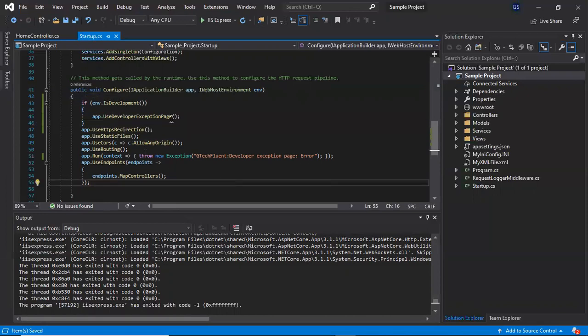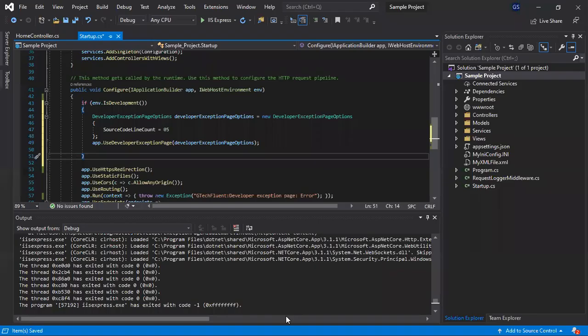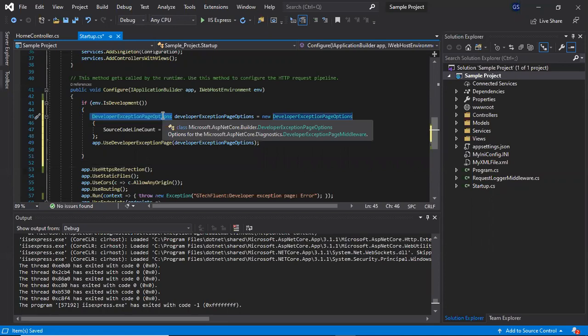Now let's see how to customize this developer exception page. Suppose you want to customize how many lines should be shown before and after where the exception occurs. I already have a code snippet, so we'll add it. To customize the developer exception page, we need to use DeveloperExceptionPageOptions.